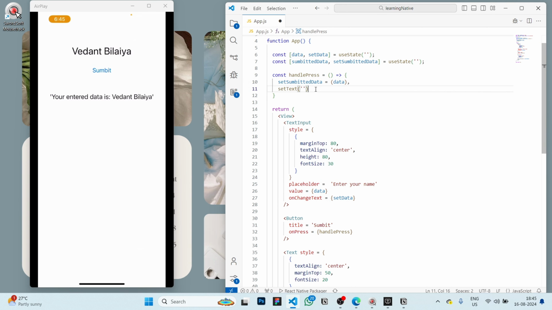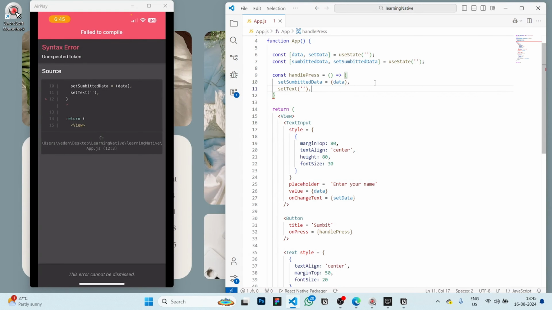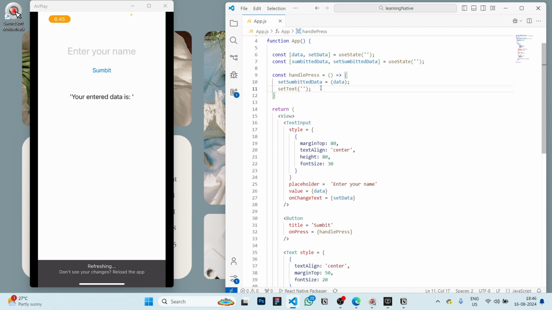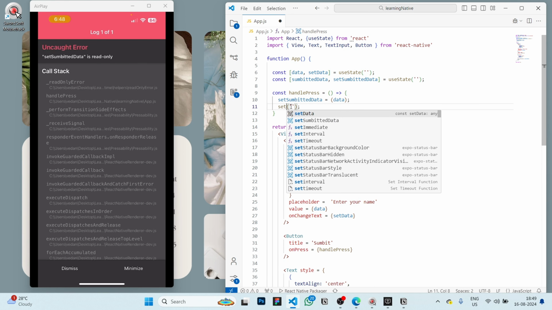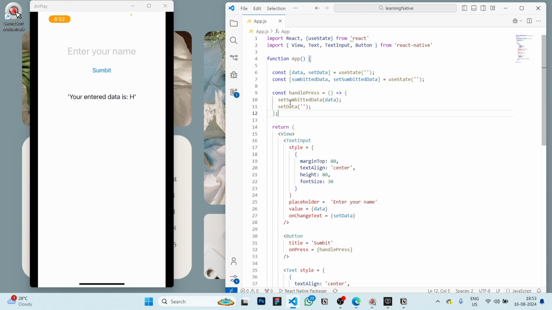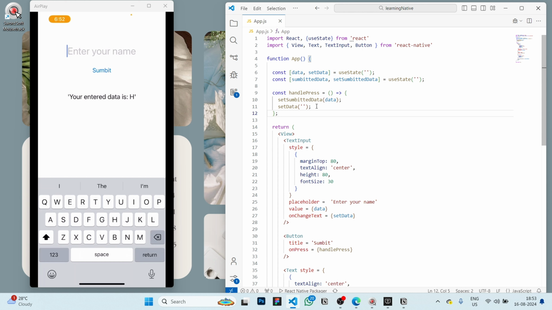If I save this, yeah, that's because you could not use a comma up here, you have to use the semicolon. If I save this, I just put the wrong variable name. I have to say set data to be blank. Great, so if I save this, I'm getting the value. So if I try to set a name again, let's say Vedant Bilaya, and if I submit this, you can see the value's been cleared